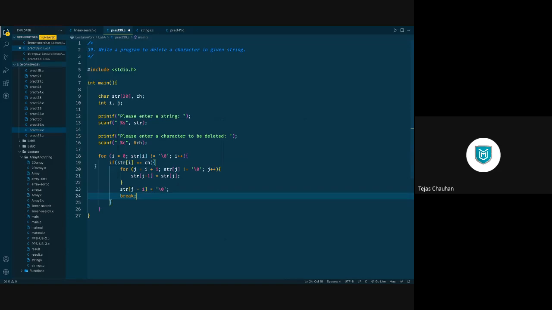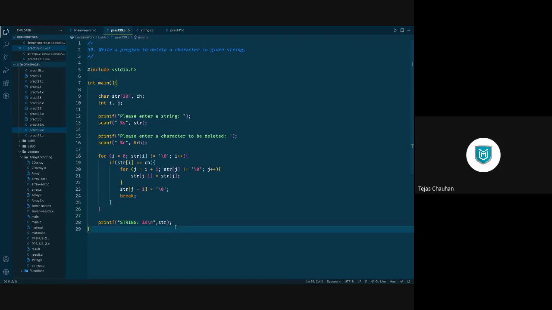Let's verify it. So once we are done with this entire process, let us print our string at the end. So printf, and the string is %s\n at the end, and let me print str here. Yeah. So we have taken a string, we have taken a character, we searched that character linearly, and when we found that character, we are going to shift all remaining characters to the left side, and we break our process. So it will delete one character, the first occurrence. सबसे पहले जो मिलेगा उसे वो delete करेगा. And then we print our string.